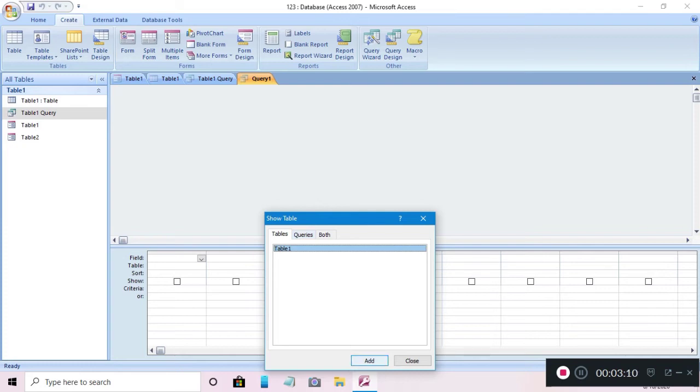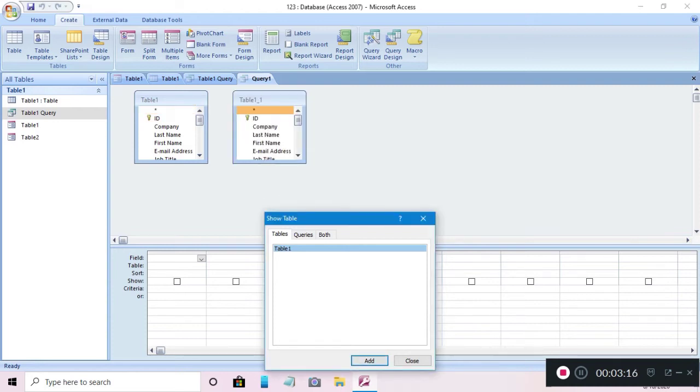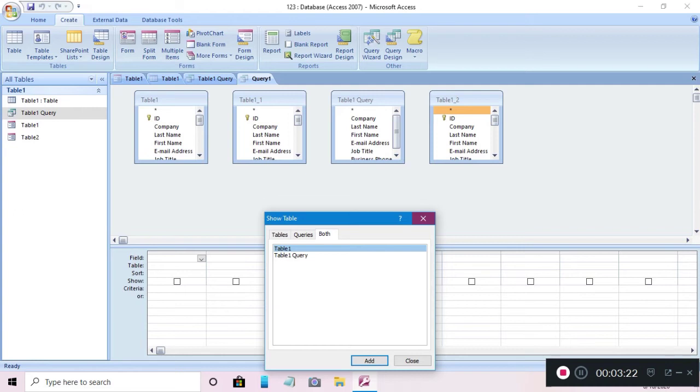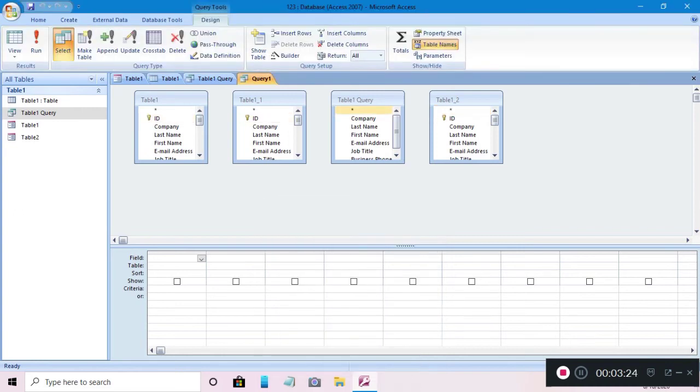Exactly, this is the name which we want to add to the query, add both, add. Okay, so we have added all the tables and all the queries which we want to include in our new layout. So this way we can add so many tables and convert those many tables into a single query form.